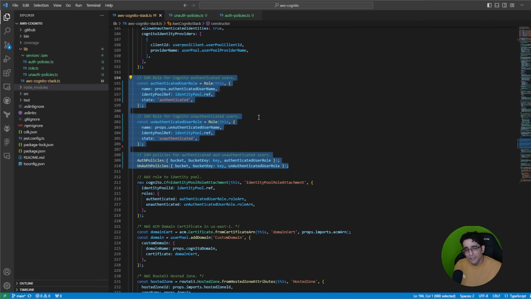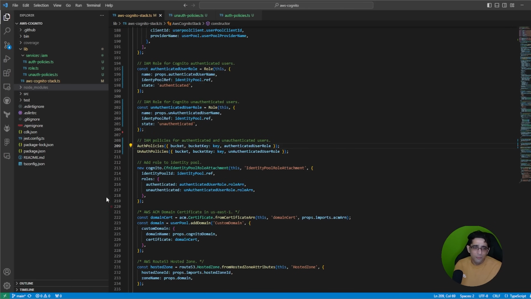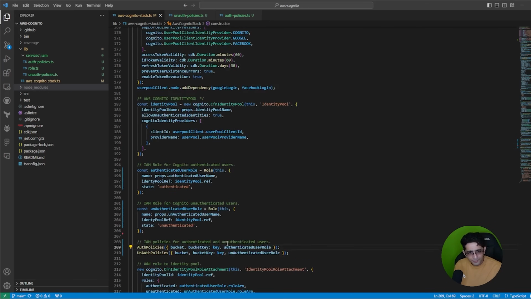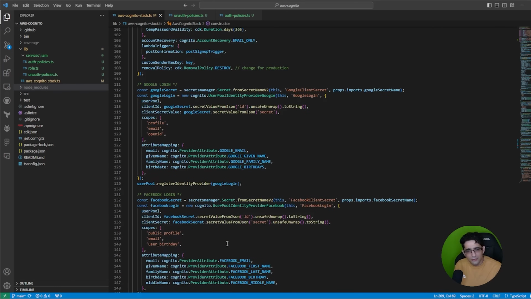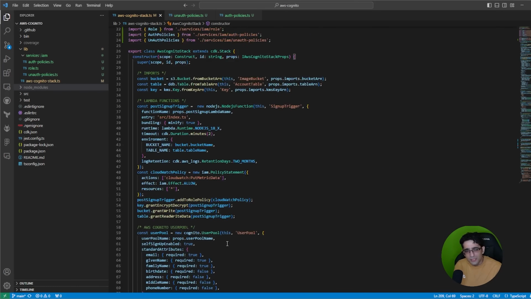And once again, if you want to add more permissions, for example, you want to do a list or you want to do a get or something else, consider adding the HTTP methods in the previous stack. And now that we have all of this, we won't make any changes here, but we will make some changes to the post-sign-up